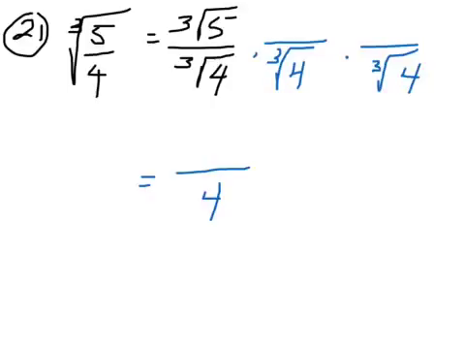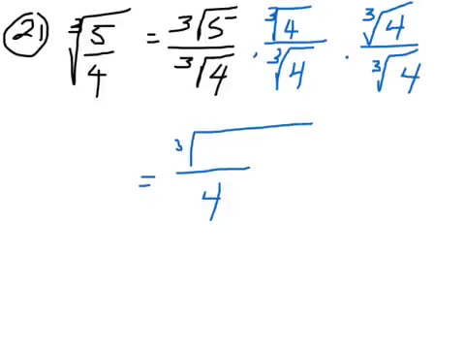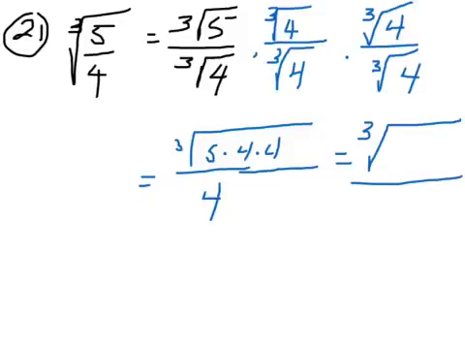Now, if I do something to the bottom of a fraction to keep it equivalent, I need to also do it to the top. So I got to do a cube root up on the numerator on each one of these that I added. So now what do I have? I have the cube root of 5, and they're all cube roots, so I can put them under one radical. 5 times 4 times 4. Now that numerator is not going to simplify anymore because you don't have 3 of a kind of anything to get it out. So what we do in that case is we go ahead and we multiply this stuff inside the radical, which we're going to have a 4 on the bottom, but to clean up the top part, 5 times 4 is 20, times 4 is 80. The cube root,